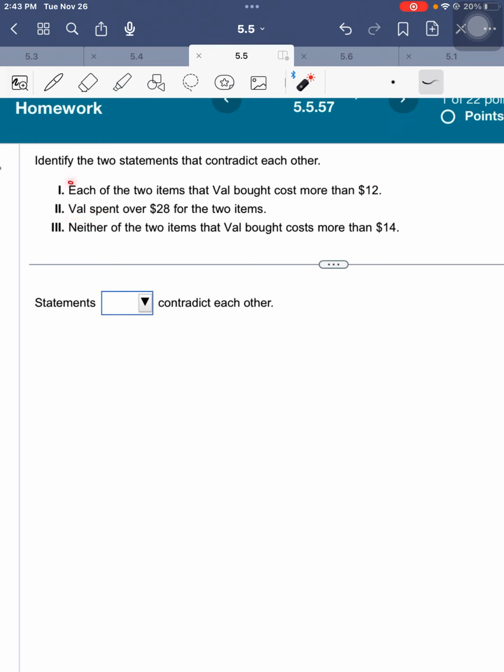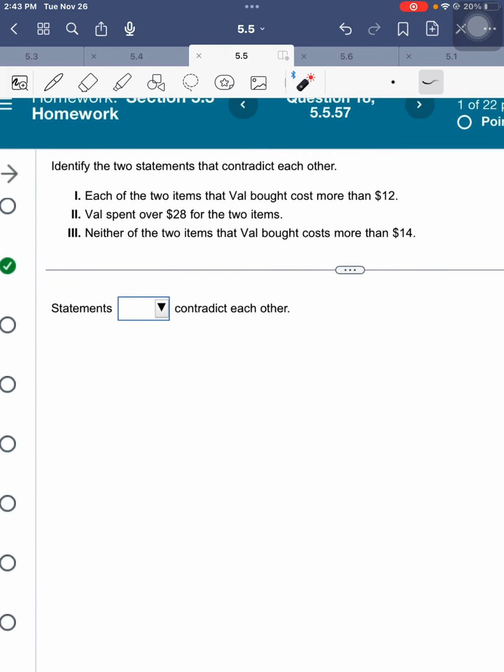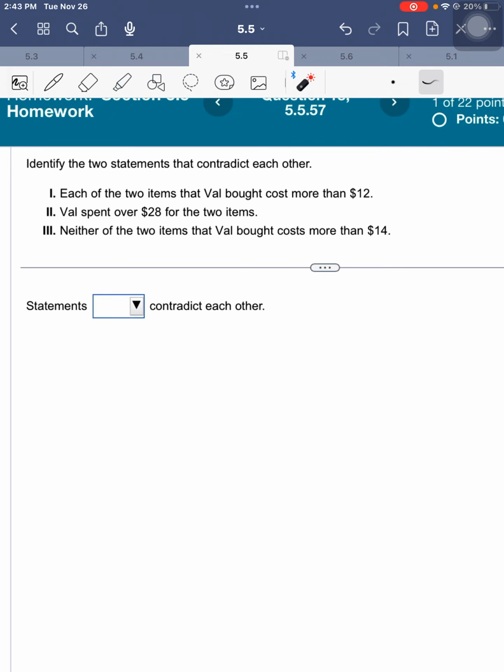So now, is there a contradiction here between these two? No, there's not. Remember when we talked about statements? Keyword: if it's wrong once, it's wrong forever. It's wrong for perpetuity. So, what about this one? What about 1 and 3? Each of the two items that Val bought costs more than